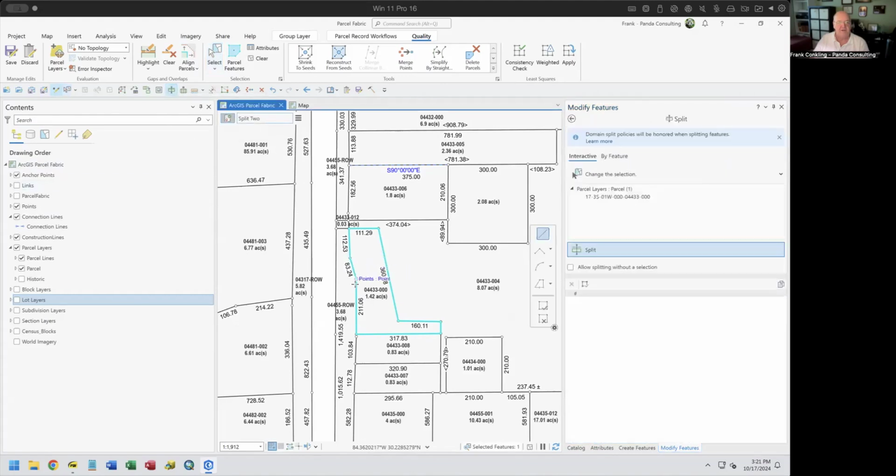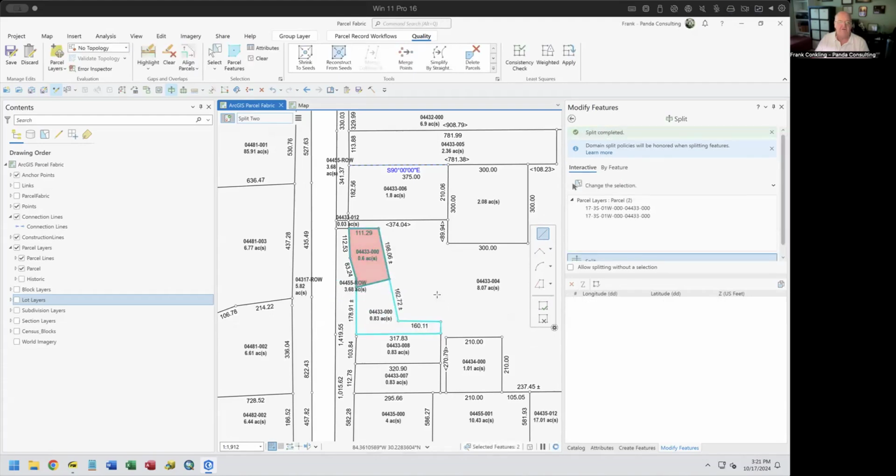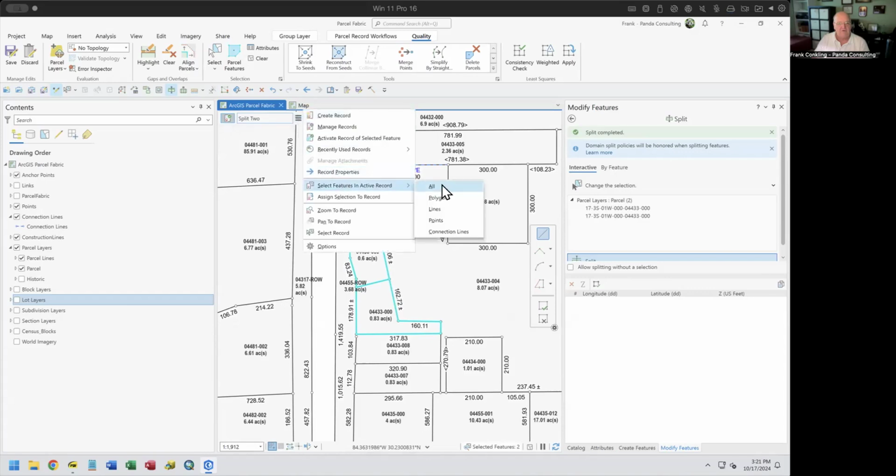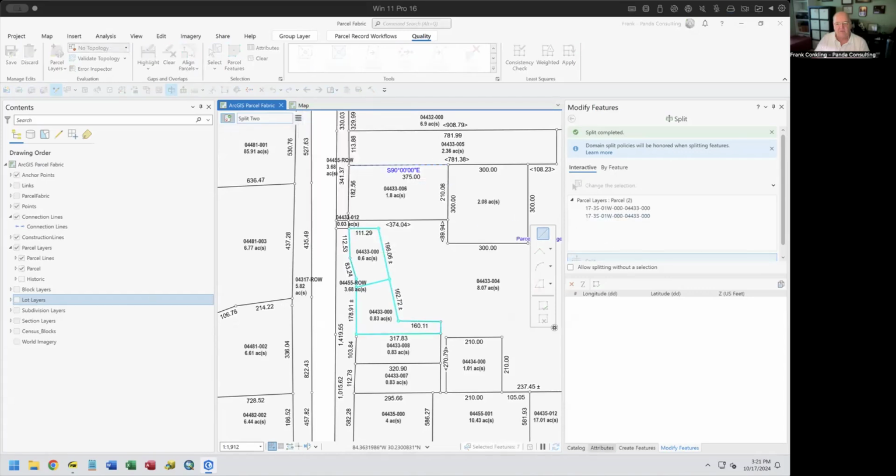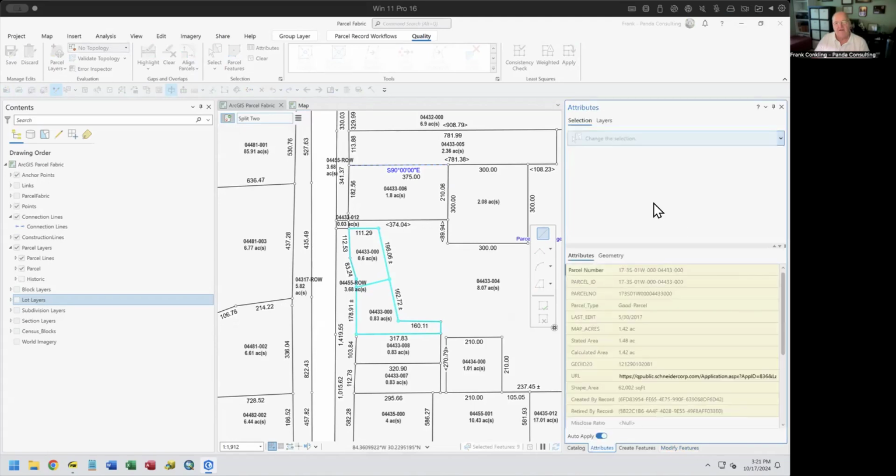So I can do a split, and if this was another layer, I could trace that layer, or I'm just going to go and do an interactive split, and I'm going to draw a line and tell it to go ahead and split those 2 lines. All right, and when it created these 2 parcels for me, it automatically calculated the acreages for me. And actually, if I go and say, show me what's part of this record, it will show me, in fact, that I have